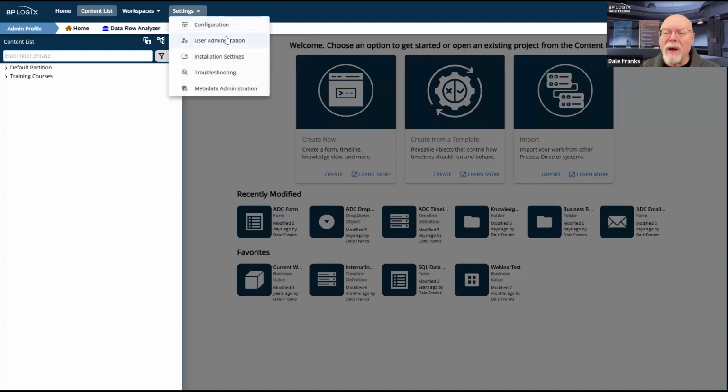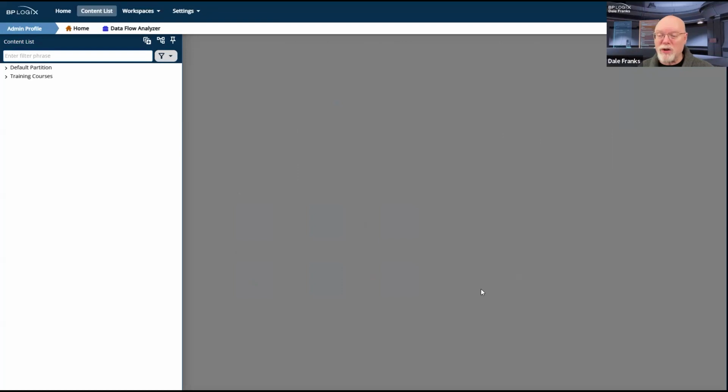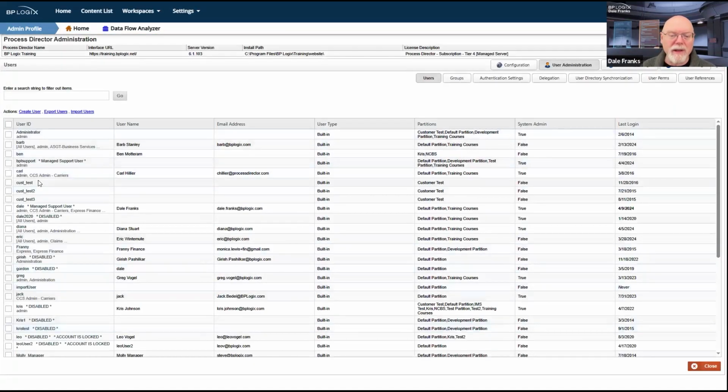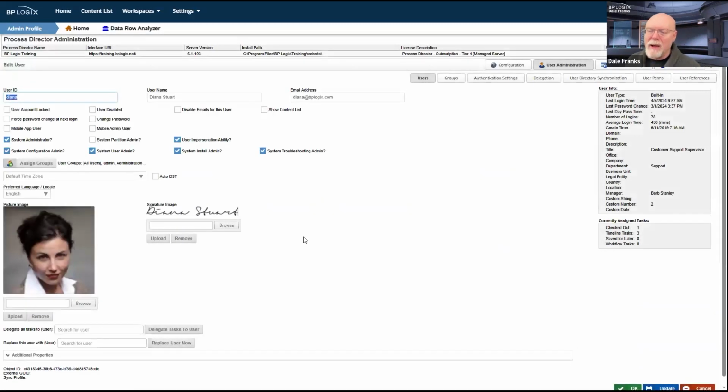So if we go into user administration, and I will click here and dismiss the content list, let me pick Diana. Let's open that up. There is a new property in the user profile page for each user account called show content list.